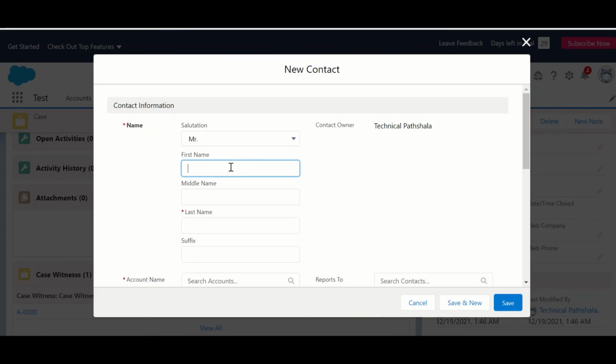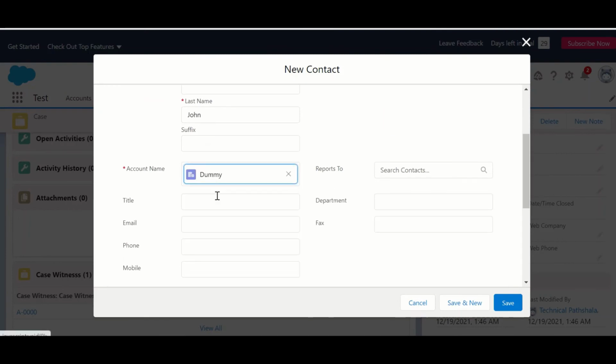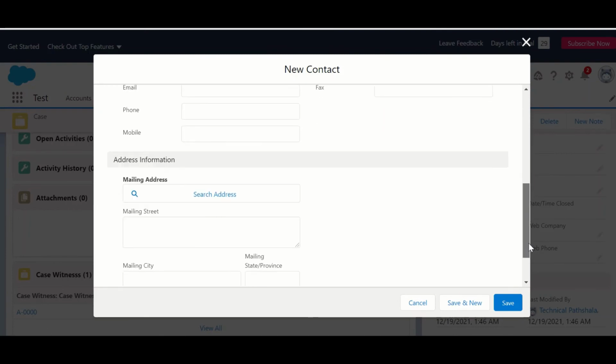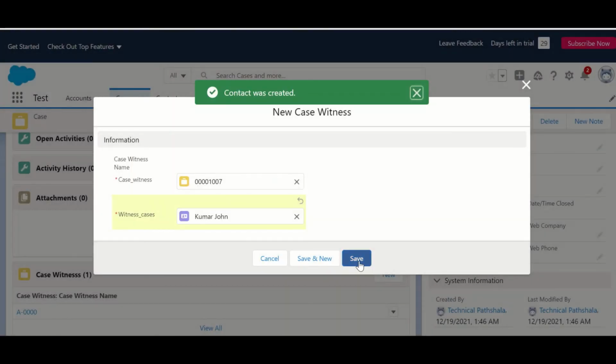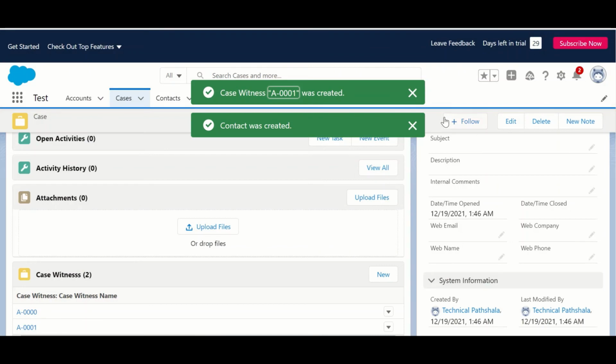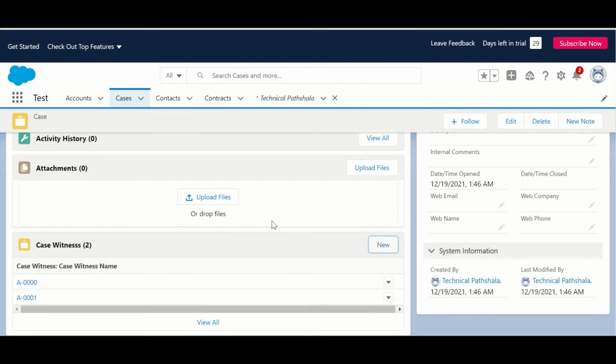First name Kumar, last name John, account name dummy, and save this. So you can see that we have associated two witnesses with this case.